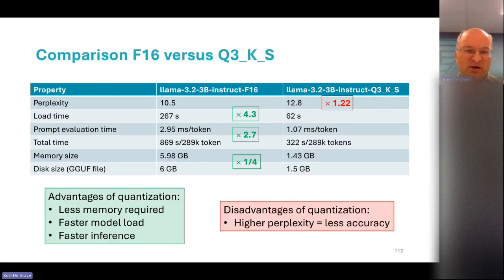Okay, and then with a quantized model, you get different results. In this case, it's 4 times smaller, so you get 4 times lower load time. And the perplexity, though, is 22% higher. So it's clearly a worse model, so you will have lower fun of talking to it. But you can fit it in 4 times lower memory. And it also operates a lot faster, so you can produce more tokens per second.